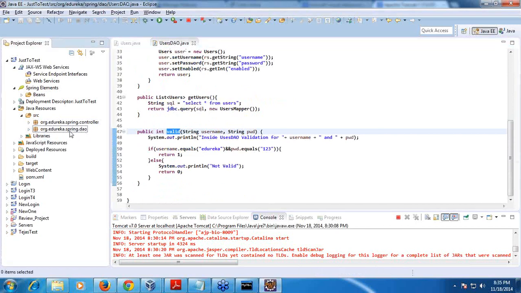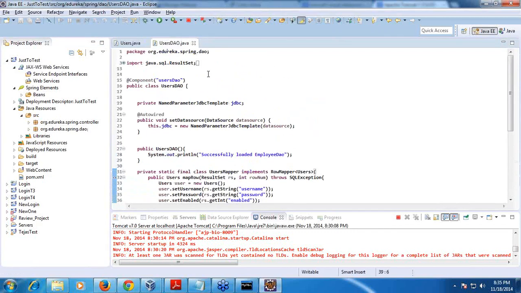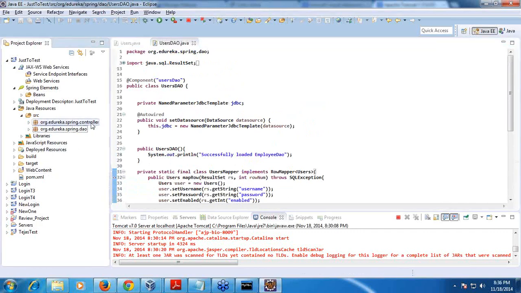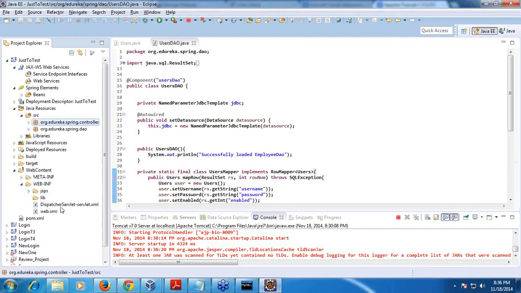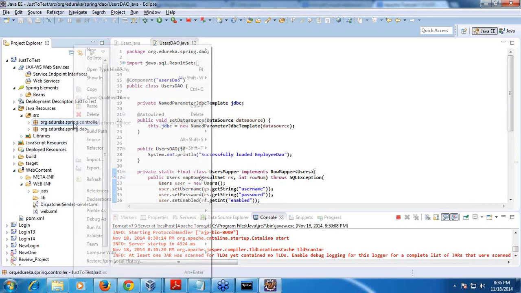How do I define that these two classes are there with these annotations? What I need to do is write a configuration file. Like for this controller, we had this XML. I will add it. Separate MVC pattern says I can create it separately and then manage it.